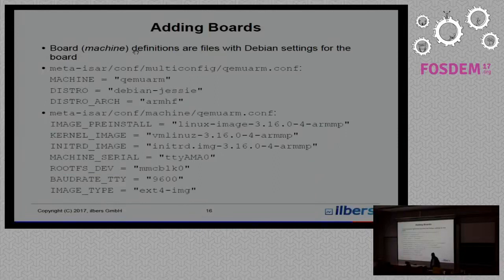And you have distro Debian Jessie. It's also a reference to a file that defines the Debian Jessie distribution, and distro arch is ARM-HF, which is the Debian architecture name. And in QEMU-ARM, you just list the kernel image and initRD image and pre-install packages that are necessary to debootstrap the